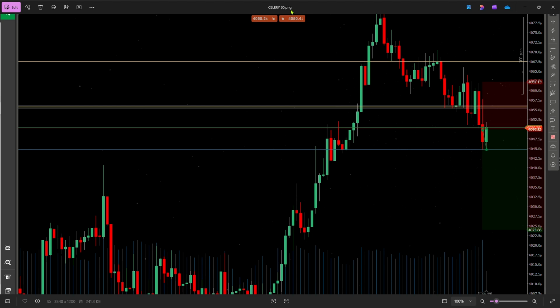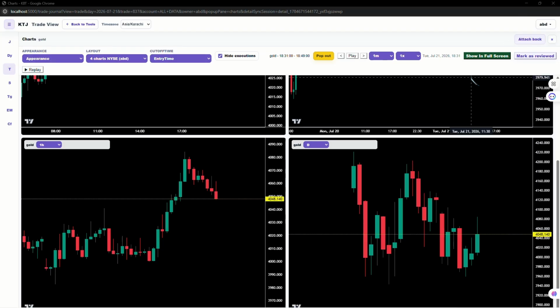Alright, we took this trade at NYSE Open, so let's break it down. Basically it was a 30-minute celery and a 15-minute breakout. Let's break it down, starting with the higher time frame. This was our daily time frame, and